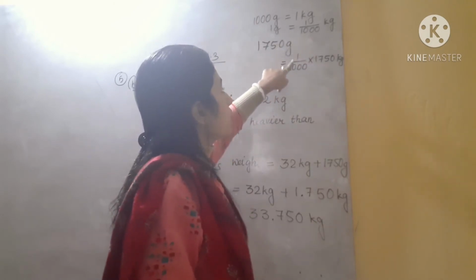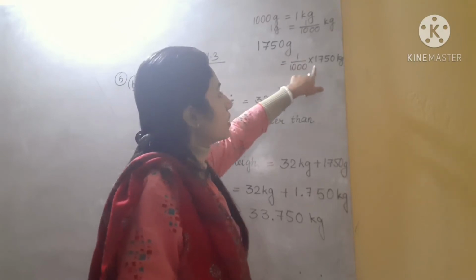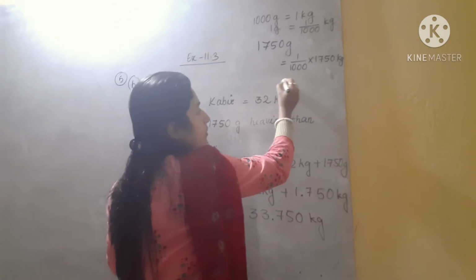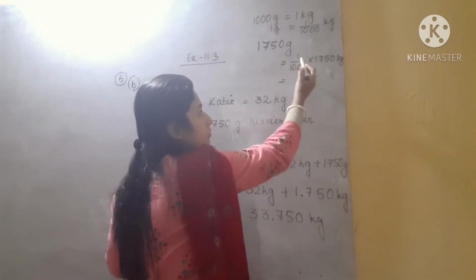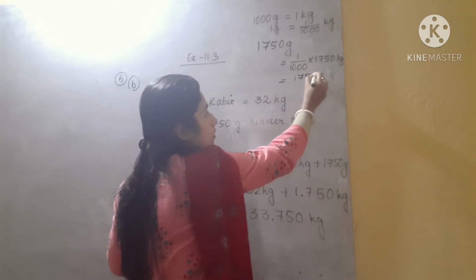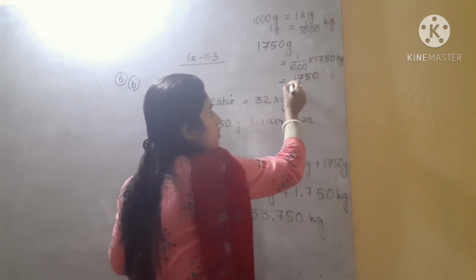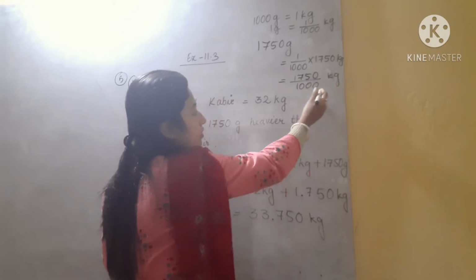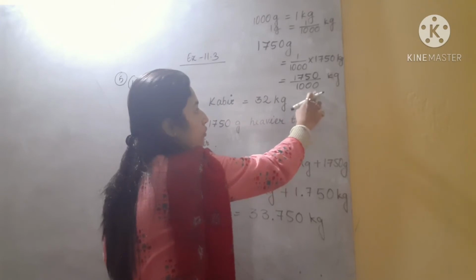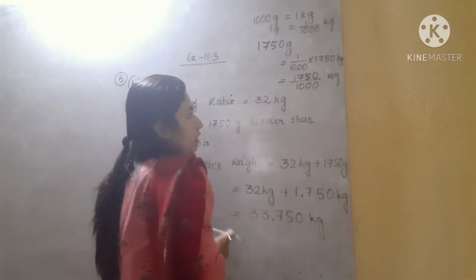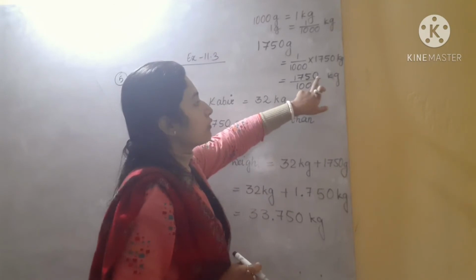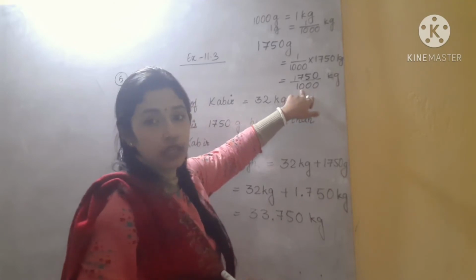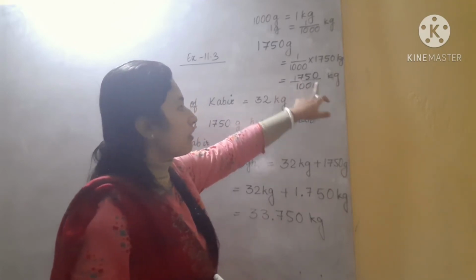So 1750 gram will be equal to what? 1 by 1000 into 1750. So now you can easily convert this one into decimal. So how to convert it? Just first multiply the numerator, that will be 1750 into 1, that will be 1750 only, and divide by 1000. So you know that here in denominator there are 3 zeros after 1. So that means we have to put the decimal point in between 1 and 7. Okay, because here from back side we have to count. So 1, 2, 3. We have to go 3 places because the number of zeros is 3. So that means the answer will be 1.750 kg.